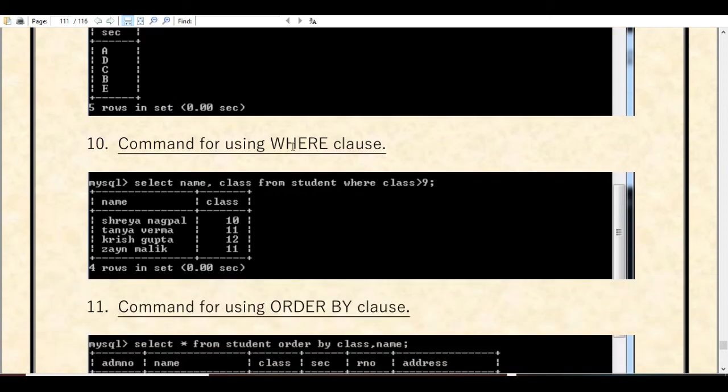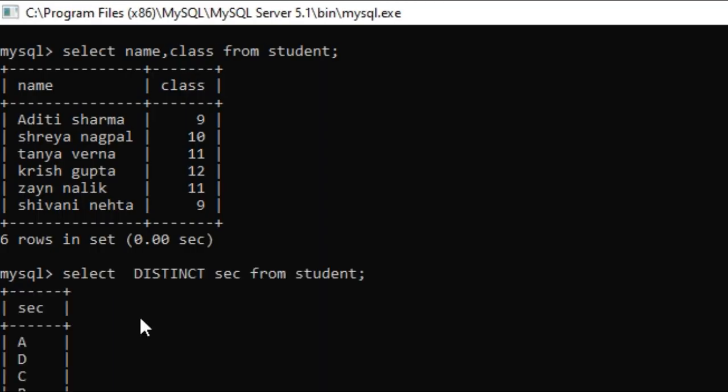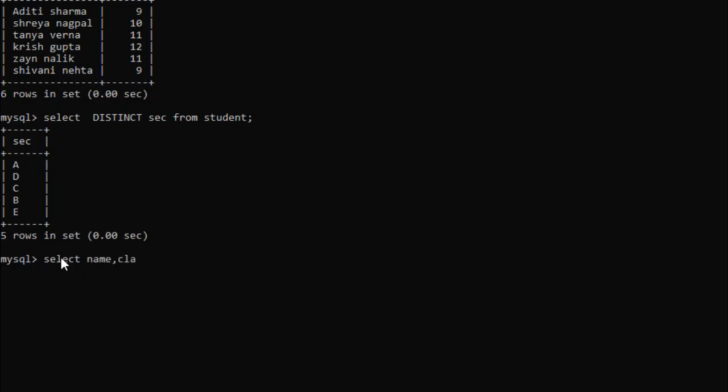Next command is for using the where clause. So how we can use the where clause? If you want to apply any particular condition, like you want to obtain data from a particular section or particular class, then how will we obtain the data? In that case we can retrieve the data by using the where clause.